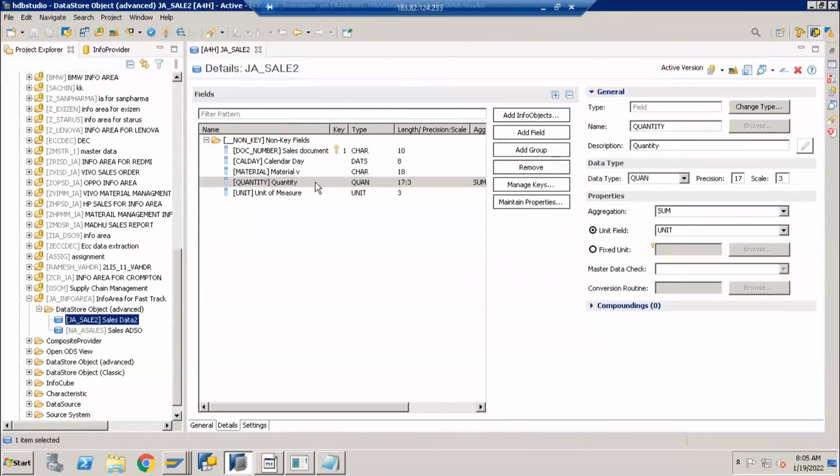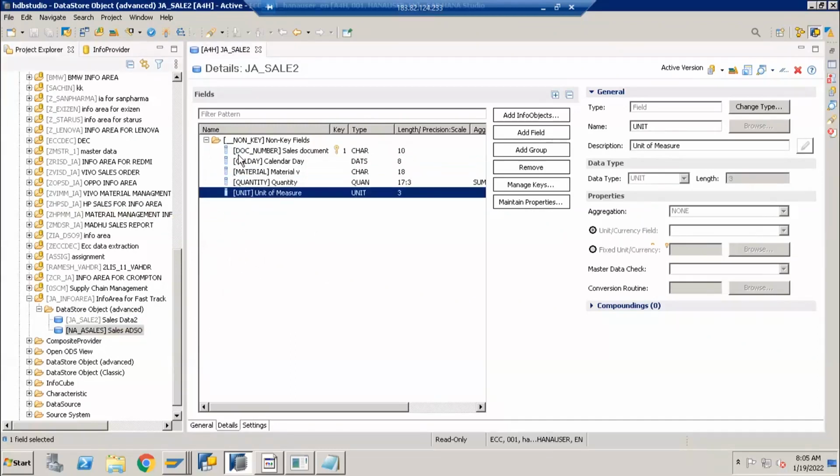So creating an ADSO of field-based type is very easy, deadly easy. No need of any info object creation. Earlier it was very difficult to create a DSO in BW, because if you want to create a DSO with 20 fields, first you need to create 20 info objects. But now with field-based modeling, there is no need to create any info objects. Directly go to the data source, create the ADSO, give your data source as a template, then automatically all columns will come as field-based modeling. So even a non-technical IT team can easily create ADSOs now.